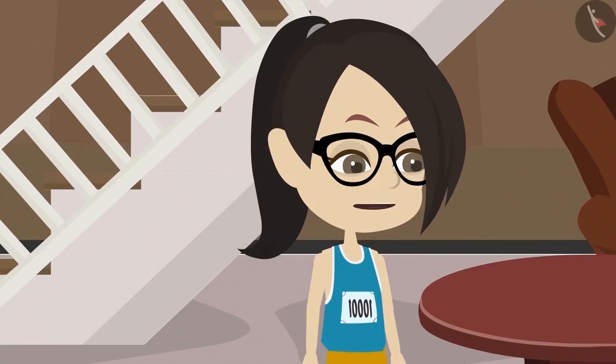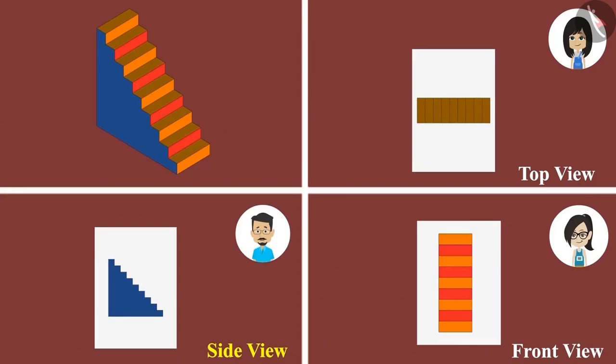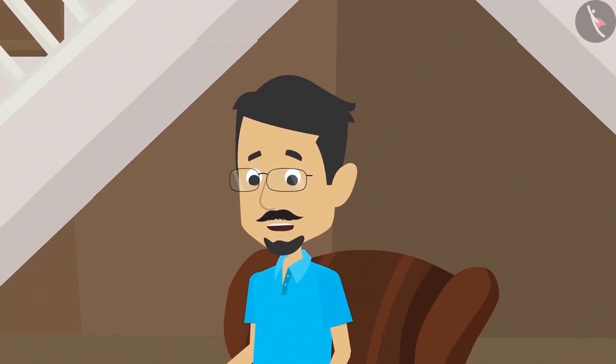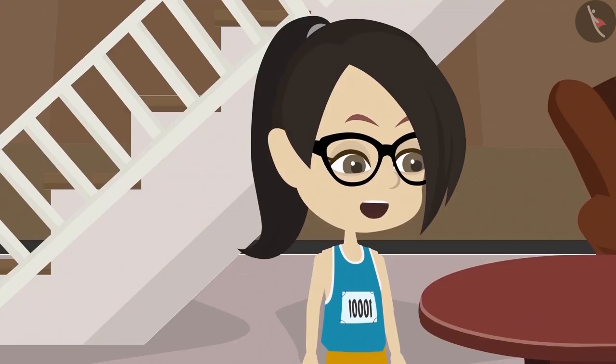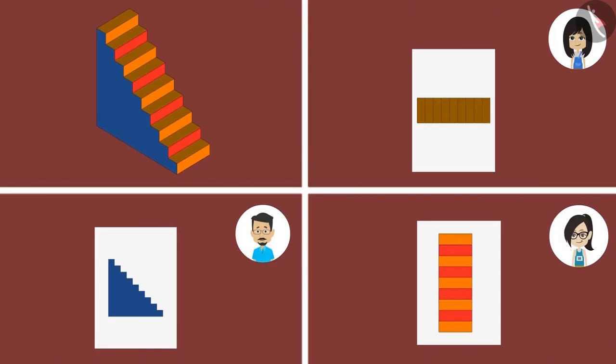Yes, Neha. In addition to the top view, there's another view, which is called the side view. In that, the object is drawn by looking at it from the right side. So does this mean that the drawing you have made is a side view of the staircase, as you made the staircase seeing it from the right side of it? Yes, you are right, Vandana. I drew the staircase from the front. Uncle, which view would it be called? Vandana, this will be called the front view.